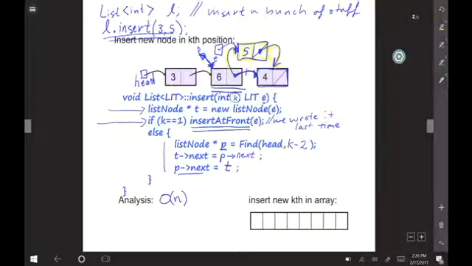Your worst enemy, the person who wants this function to take as long as possible, is going to give you the value of k. And they're going to give you n. Put it in the last spot, right? Okay. So that is linear time. And the way I'm going to describe the reason that it's linear time is to say it's big O of n to find, because we have to find first.